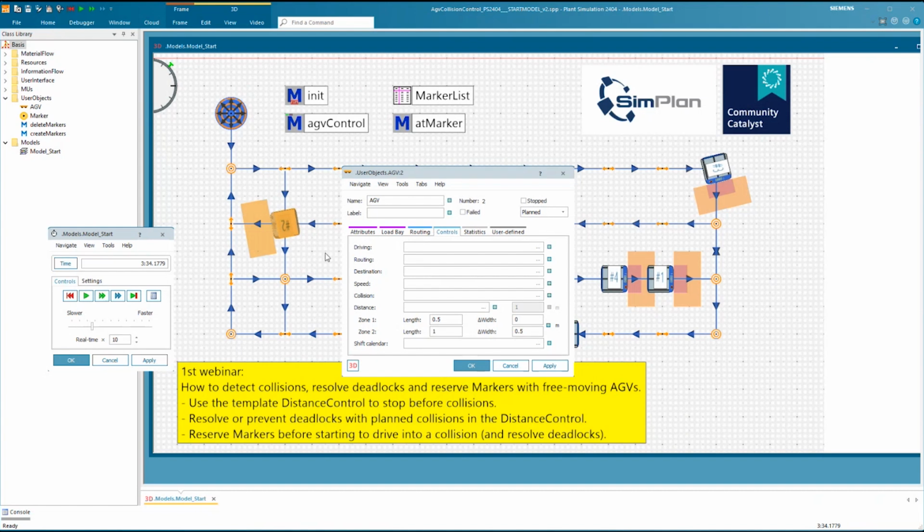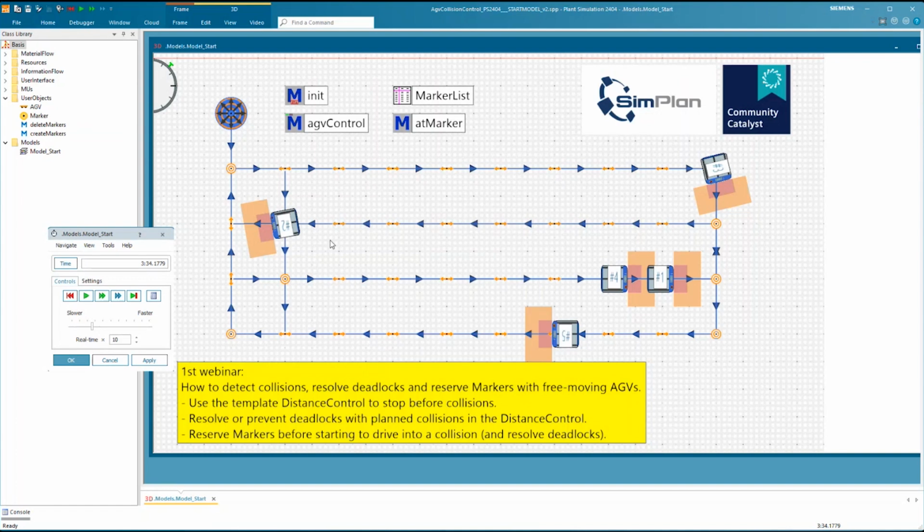You can define the length and the width. And you can see that I have defined the inner zone, the zone 1, as the red one, and the orange one is the zone 2. So the outer zone is kind of a pre-alert that something is coming close. So we might want to do something, and then the red zone is, it's getting really close. We might have to stop or take an emergency brake or something.